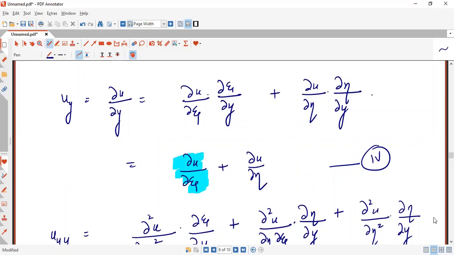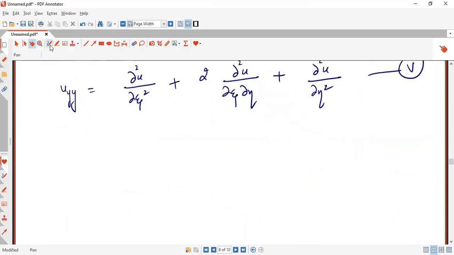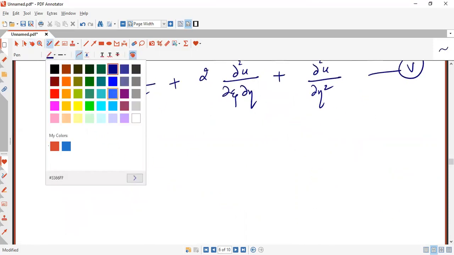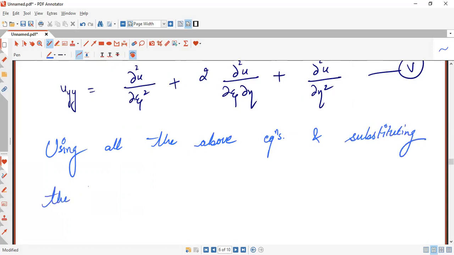uyy, 4th. uyy, 5th. So, using all the above equations and substituting the values in the given equation, we get,